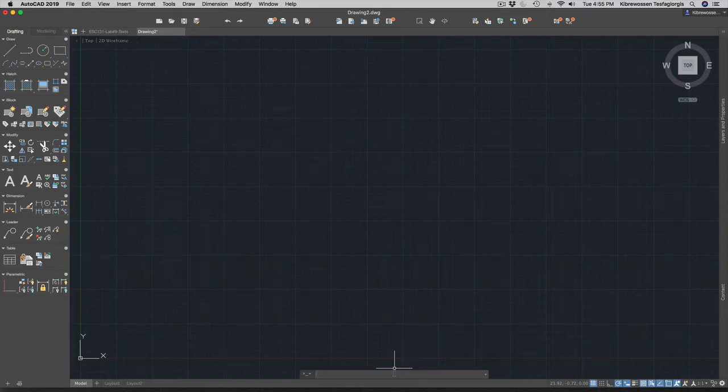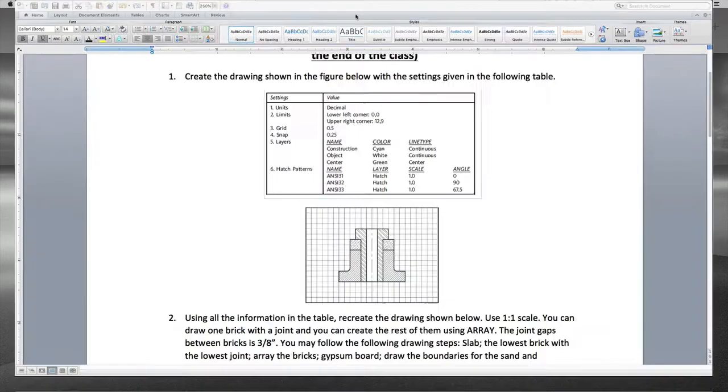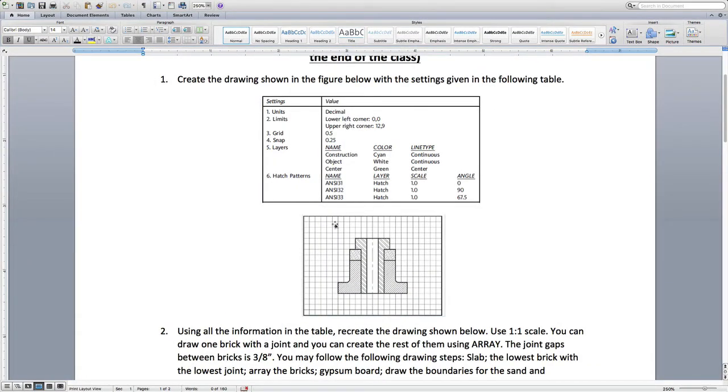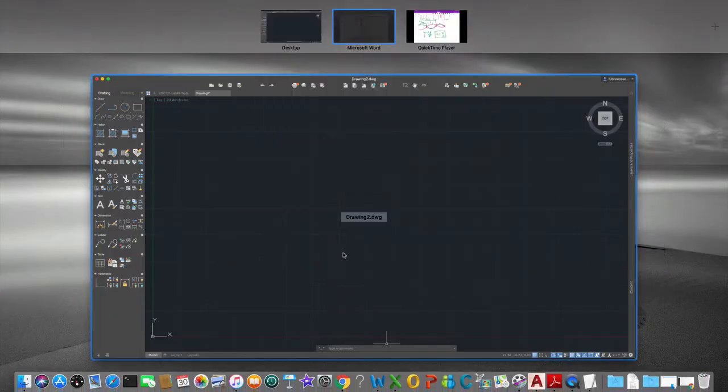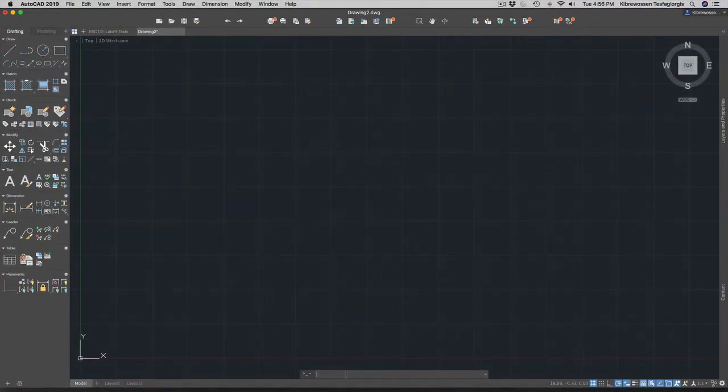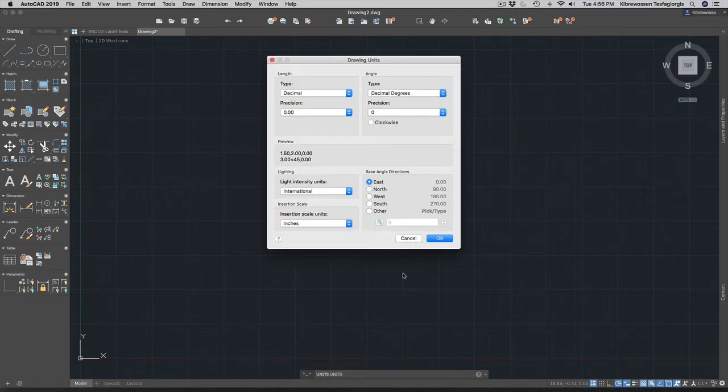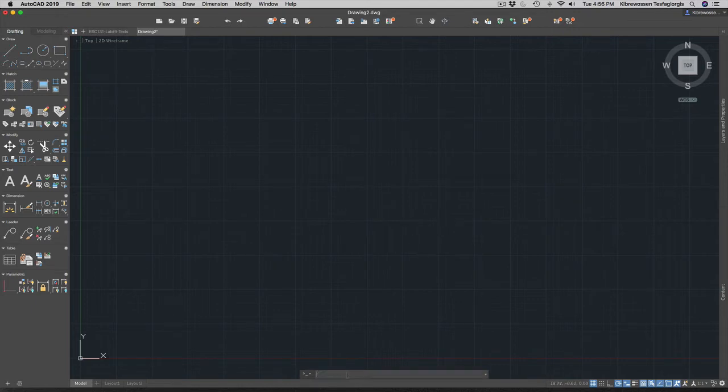Hello there. Today's exercise is about hatching, so let's go ahead and look at the work document. It says to set your units to decimal, and two decimal places should be enough. Then the second item says to set your grid at 0.5, and then set your snap